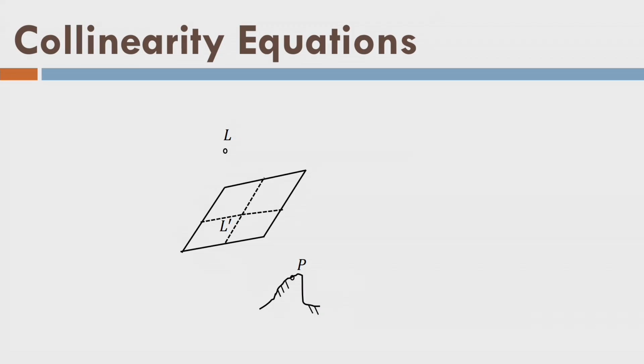For each and every ray or each and every point on the ground surface that is imaged in the photograph, let us try to look at that from the perspective of an observer. So, we are trying to understand now the collinearity equation. There is an exposure station L and there is a point P on the ground surface, there is an image and L dash is the projection of L onto the image, L dash is the principal point.